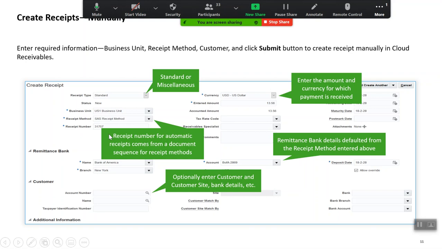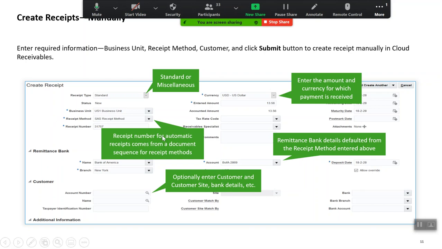Receipt number, again, we can key that in manually, or receipt numbers could automatically come up as a part of our setup. So most of the times we key in the receipt number manually, depending upon whatever the receipt number is, and this is usually the check number that we key in as a part of the check transactions.